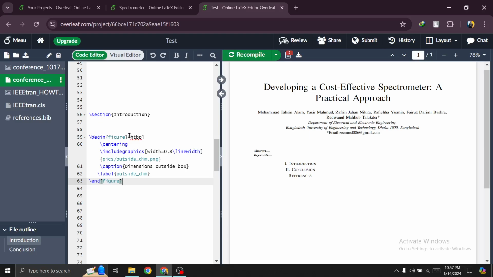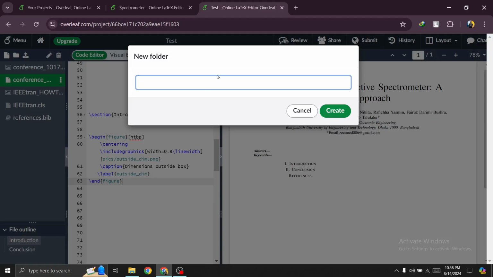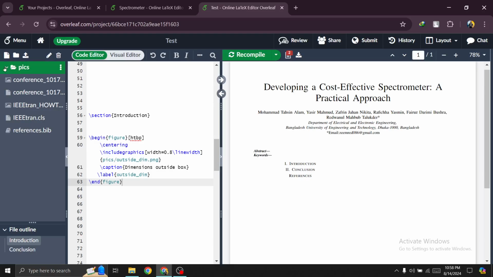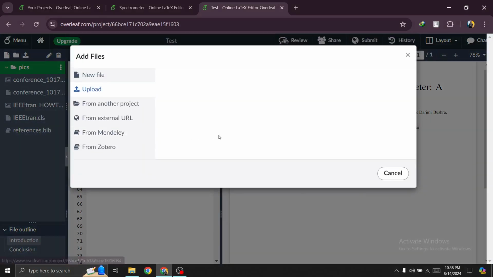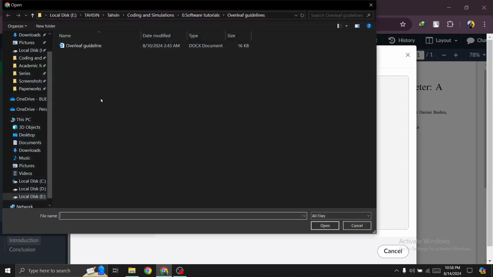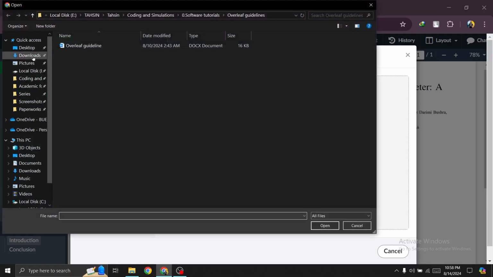See, begin, figure, you do not need to memorize this, you will just have to copy this base code and just paste it here. Okay, so for inserting a picture you will need to first insert some picture in your project. For that, go here, new folder, name it pics or whatever you want. Now right click, upload, select files,